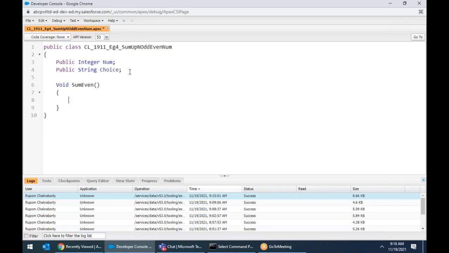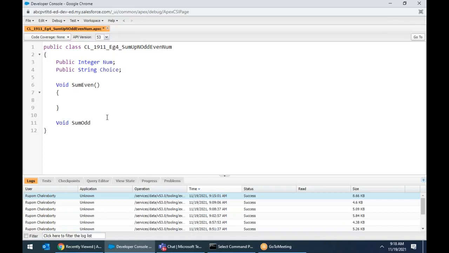What type of method is it? It's a private method. Can this method be accessed by outsiders? No. But anyone inside this class can access it. Inside this room, the class is a room. Anyone can access. Void